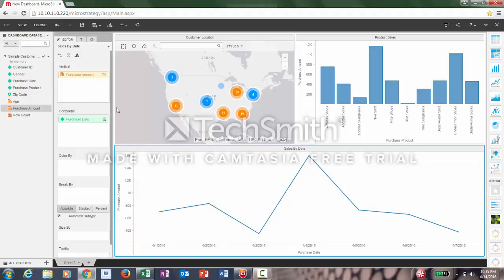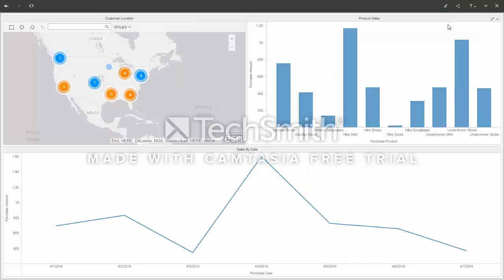So as you can see here, it looks like April 4th of 2016, we had a little over $1,500 sold in our athletic department. Now obviously we can add customer logos up to the top. We can confine the view of each of these visualizations into a more visually pleasing view. There's all kinds of things we can do after this, but this is a very simple way of making a